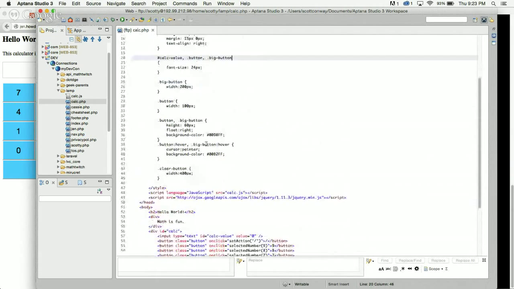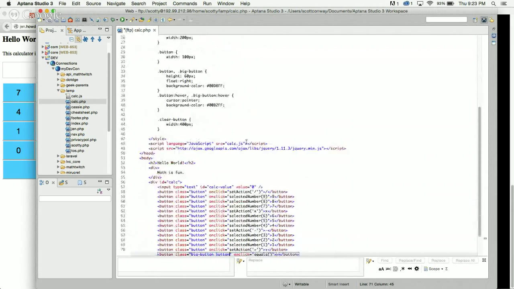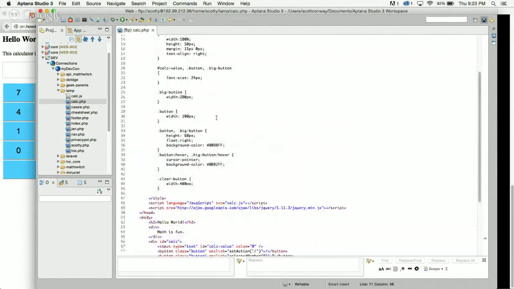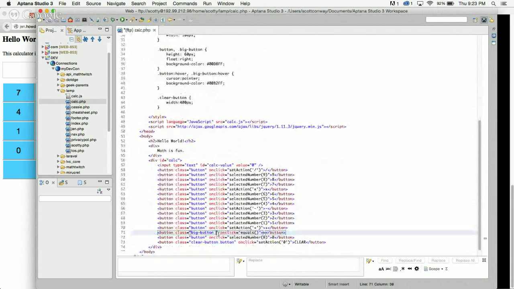So I could have given big button also the class of button. What's the point of giving it different names if you're just going to stick it all, or it's like got 2 classes? It does have, you can have as many classes as you want. Yeah. That way it would be shorter, because frankly, if I just gave this button as well,